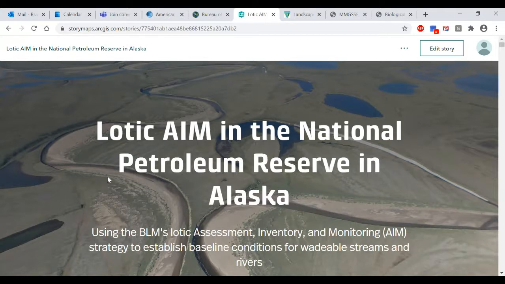In this case, it's a story map showing our project in the National Petroleum Reserve in Alaska on the North Slope. And so I think story maps have the ability to really bring what you're doing into much more vivid context, whether it's through interactive maps and slideshows and just a lot more figures and photos that you don't have room for in these technical reports or 2 to 4 page summaries.